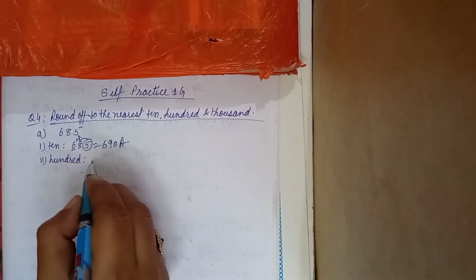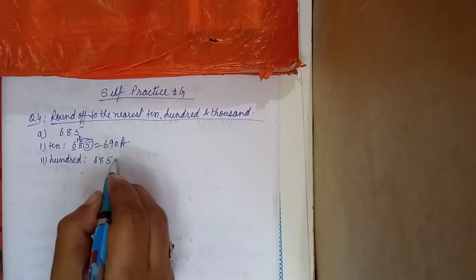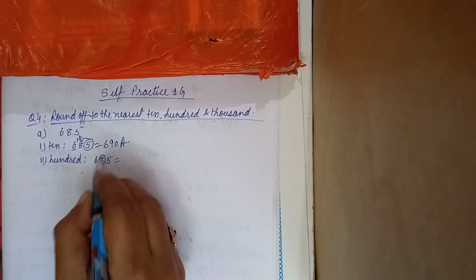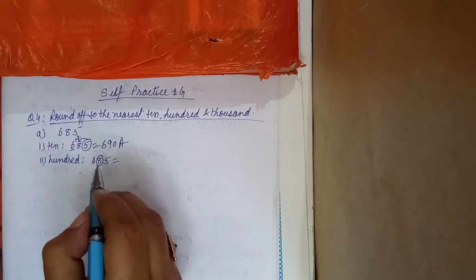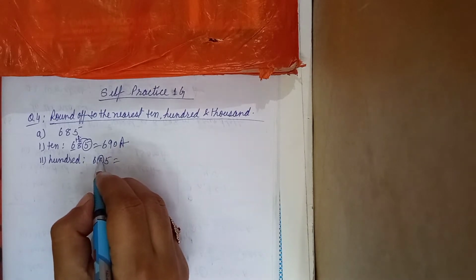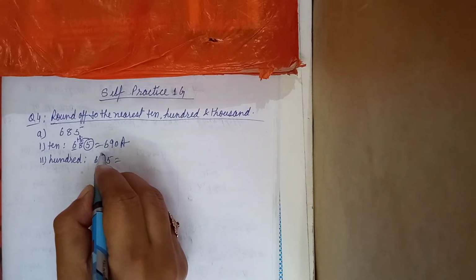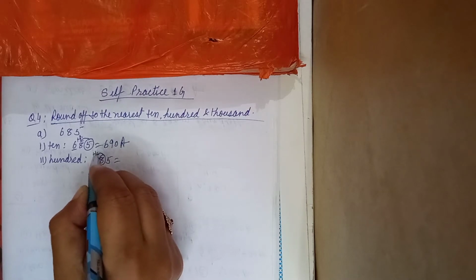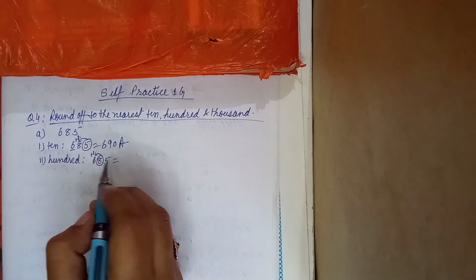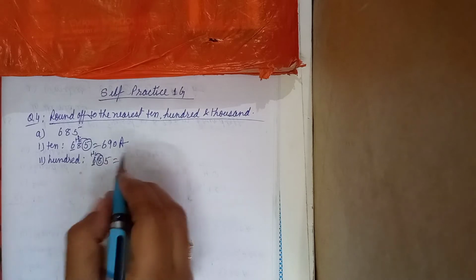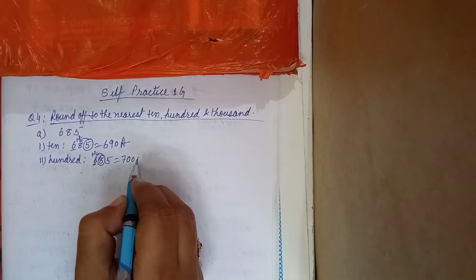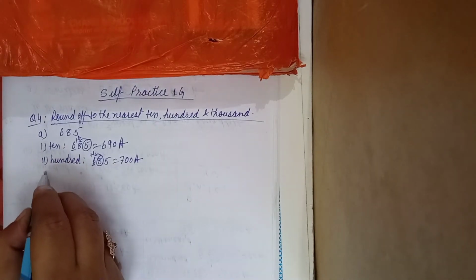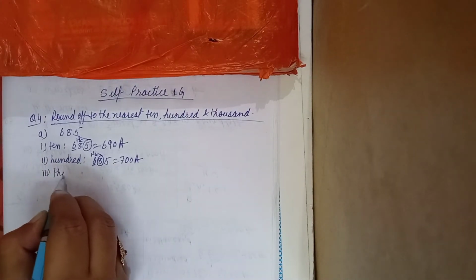Second में we are rounding to 100. Same number 685 we will round off to 100. For rounding off to 100, we will see the tens place. Tens place में the number is written 8, which is greater than 5. Then we will give plus 1 to the number what it is written in the 100 place. So 100 place becomes 6 plus 1, 7. In tens place and ones place, we will put 0 and 0. Third में 1000.